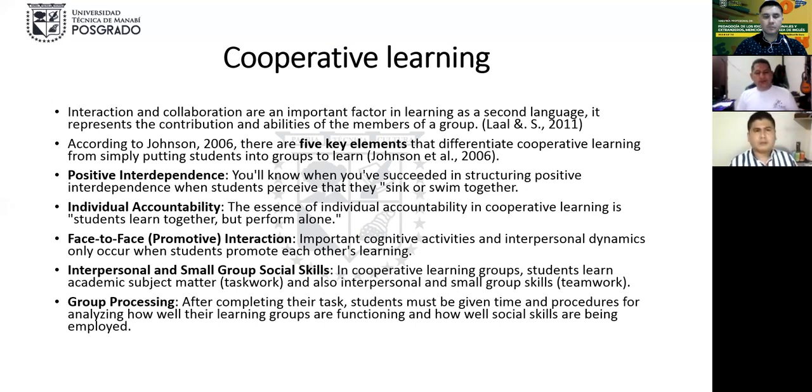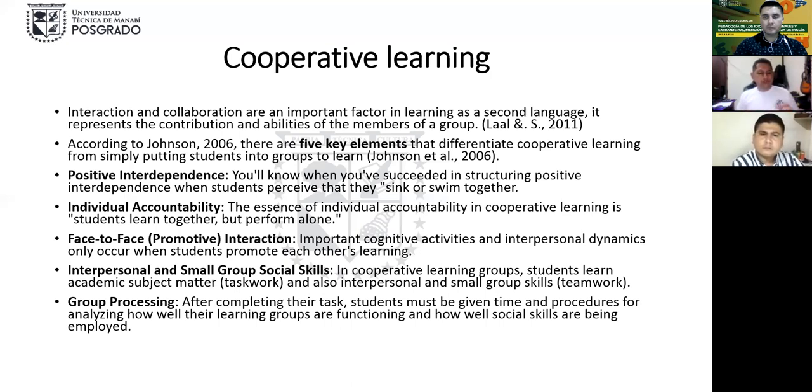Face-to-face promotive interaction, important cognitive activities and interpersonal dynamics only occur when students promote each other's learning. So the students as individuals create their own work by their own intelligence and help the other person by their experience, to improve the group work.